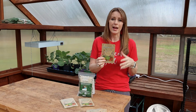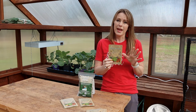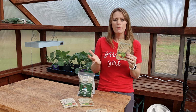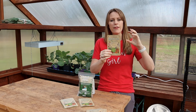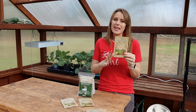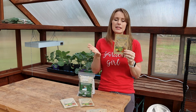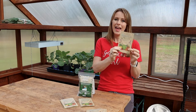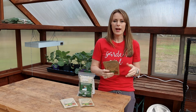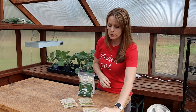It doesn't have to be in a grow bag, but if you're limited for space, this bush pickling is an option. Now, the pickling cucumbers are going to be a little bit different on their skin, so if you want to eat them fresh, you might want to peel them, but for me, this would be a good all-purpose cucumber for both slicing and pickling. You'd have both of these options in one. So those are my top picks for my vegetables, and that's mainly what I grow in my garden is vegetables,